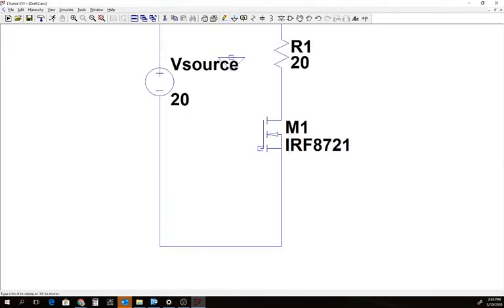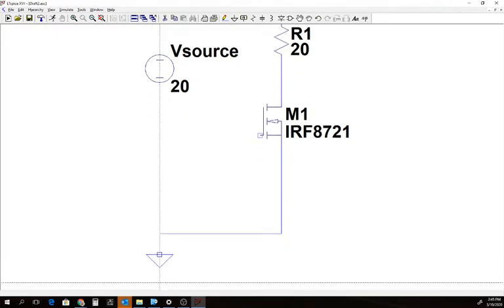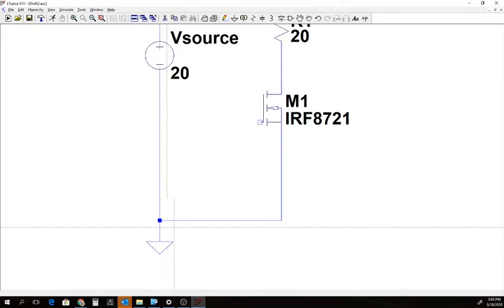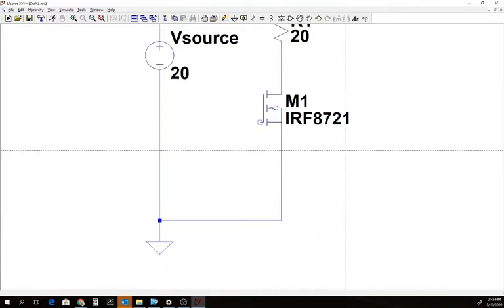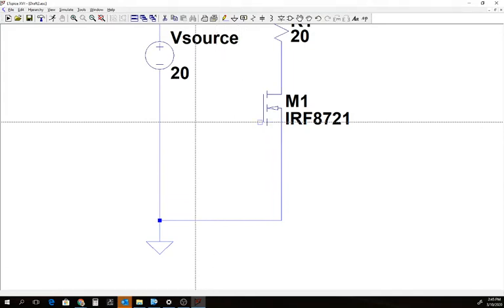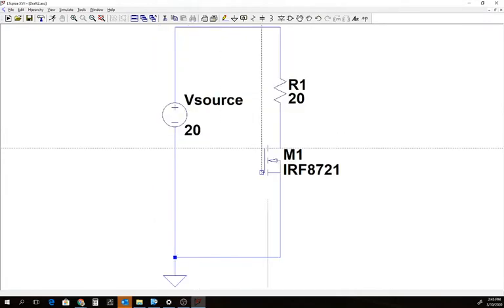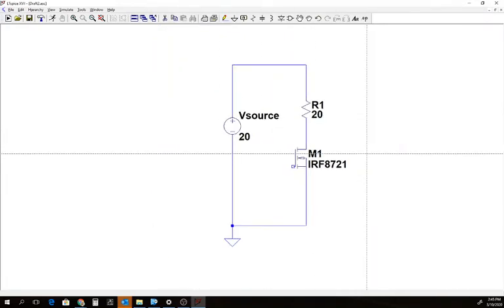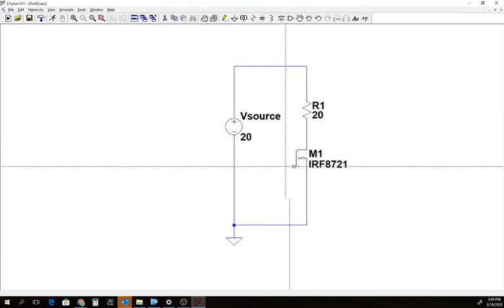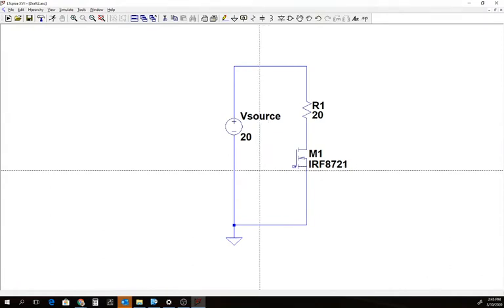I have to add a reference or a ground here. I'm going to put that in there. Wire that ground. Make sure, a lot of mistakes I sometimes make is I don't wire a ground in, and it'll give me some issues. So we have our 20 volt source across, I'm going to hit the spacebar and resize the screen, across our 20 ohm load. And now I have to put a gate, and I want to make this a chopper, so